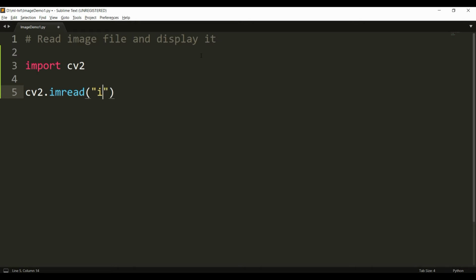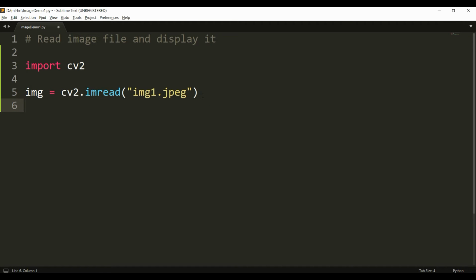Now the image img1.jpg, this image is stored in the path where my Python file is stored, so I'm just typing the name of the file. In case it is in some other folder, you can definitely give the absolute path. Now whatever the output will be, I'm storing it inside a variable called img. So here imread will read the given image.